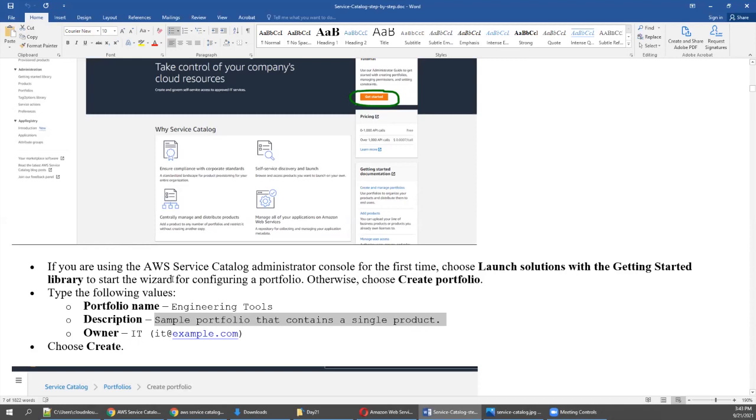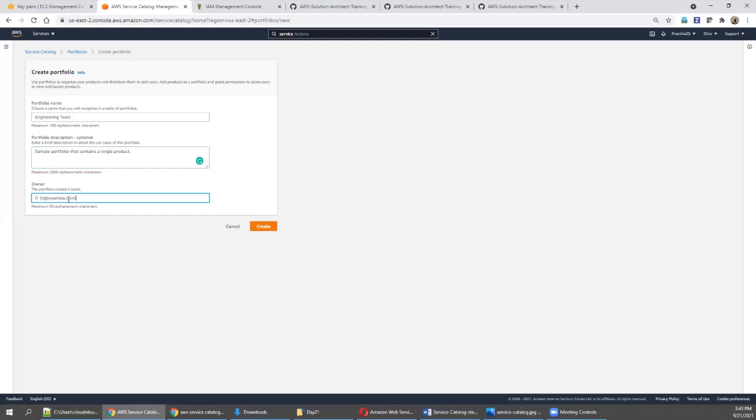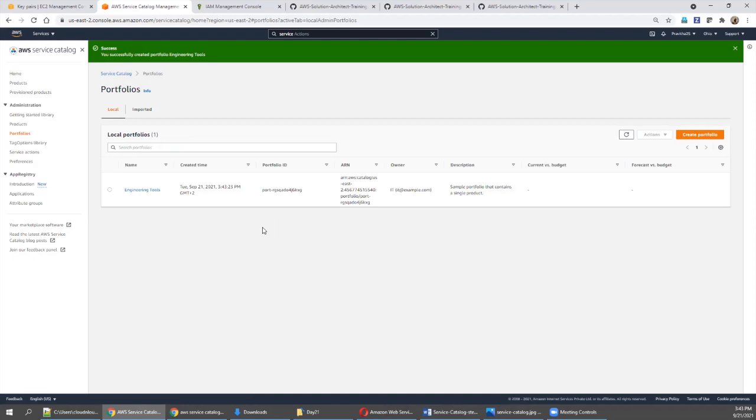Who is the owner? Just for learning purposes, I'm going to say IT, add the owner's mail ID, and create it. So now the portfolio is ready. Now we need to customize this portfolio. What exactly do we need?